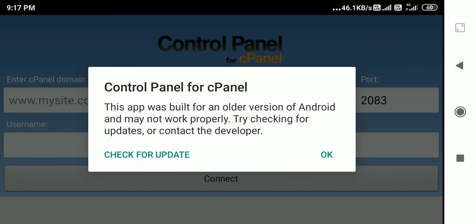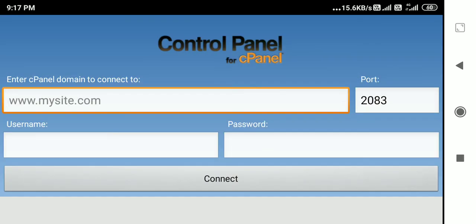Now we are opening control panel for cPanel. This is what it's called. So you can just go there and give the server name, and you can create a username and password, and then you connect. This is what it's called, control panel.